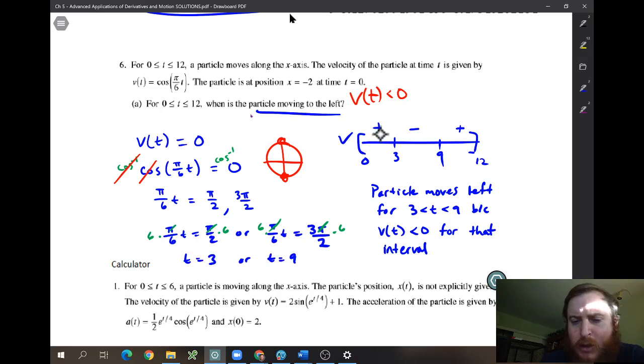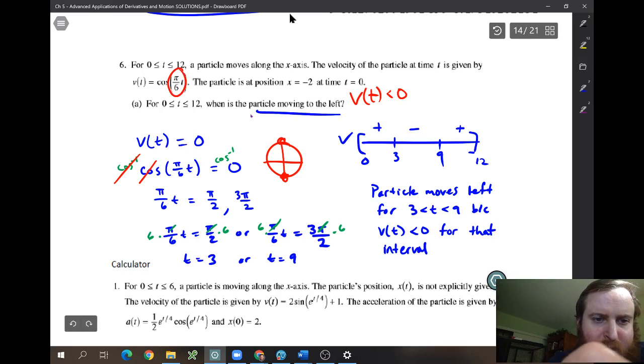Then we'll do a number line analysis. I just plugged into the first one, so I just kind of picked something between 0 and 3. I want to plug in something that I know. So I plugged in pi over 6, right? You could have plugged in anything, but I plugged in pi over 6. And so, sorry, I plugged in 1. 1 gave me pi over 6, right? Because it's pi over 6t. So I plugged in like t equals 1 as my test point so that I would be evaluating at pi